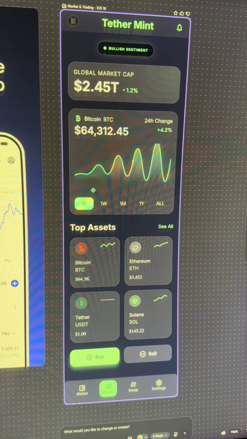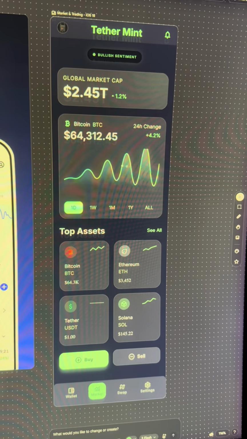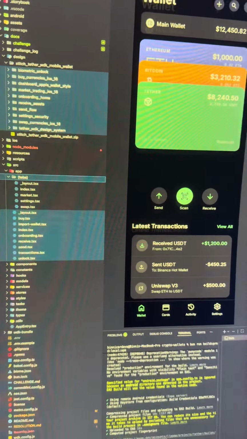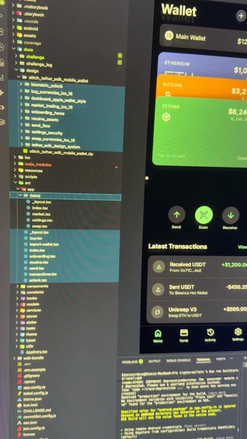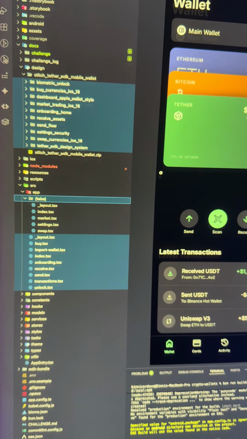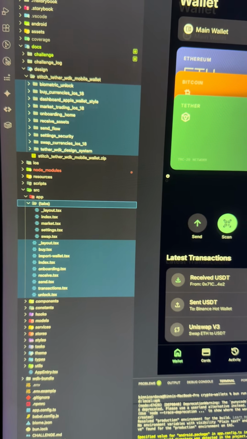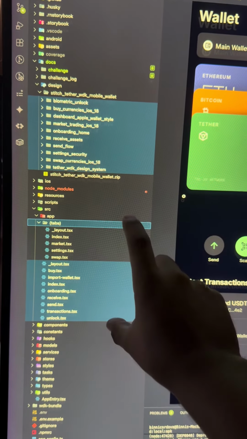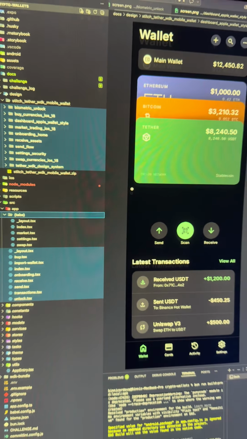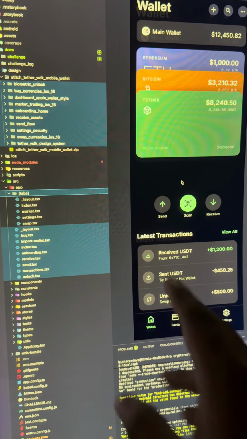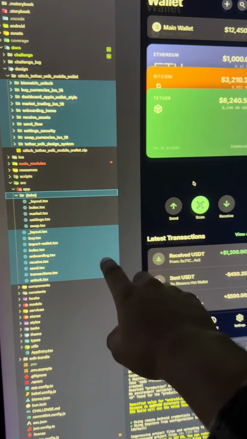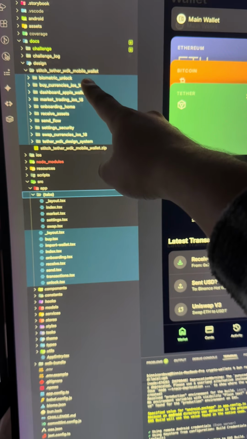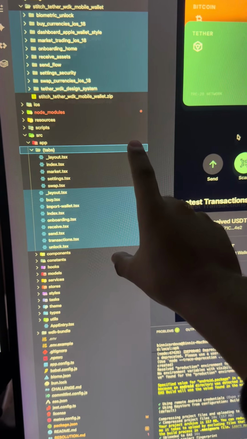After creating the design with Stitch AI, I downloaded the design and added it to my code base. Then I used some LLM models with AI agents to convert all those designs to code. At the same time that one agent was creating the views that match the style I downloaded from Stitch AI, other agents worked in a multi-agent